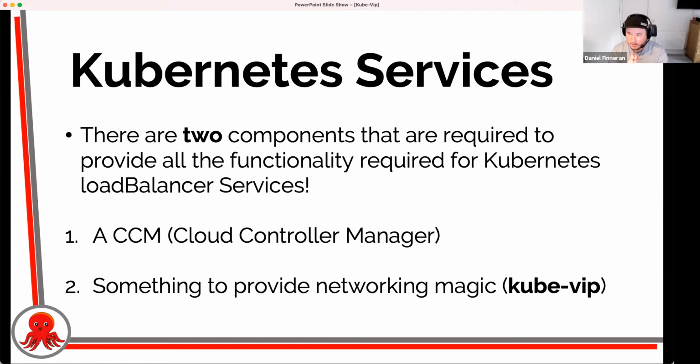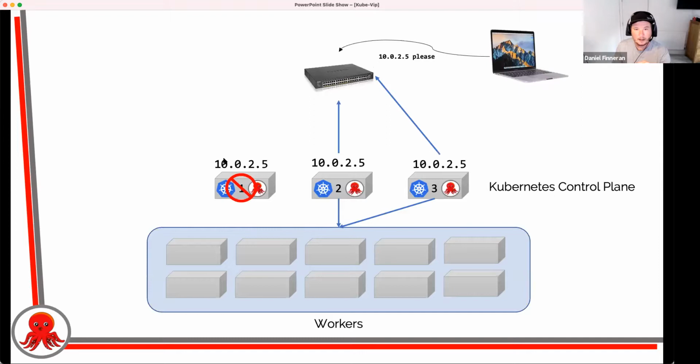Almost. So effectively for BGP to work, let me just pop back here. I've not shown it on here, but we would have a daemon set or a static manifest which would have the BGP peers in it. Normally there'd be more than one router here, but there's just one router in this diagram. Those top of rack switches are going to be relatively static. You don't tend to replace your routers on a regular basis. So those router peers would be in the manifest, whether a daemon set or a static pod.